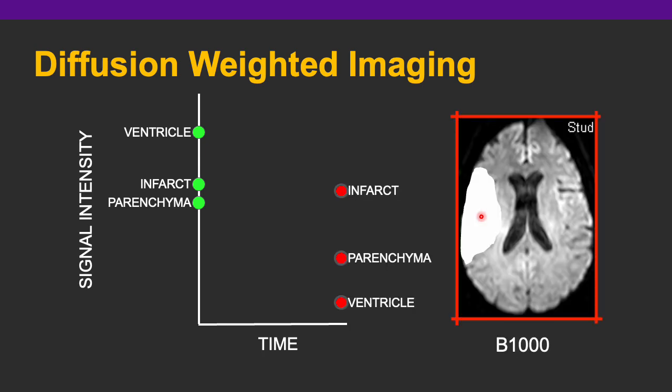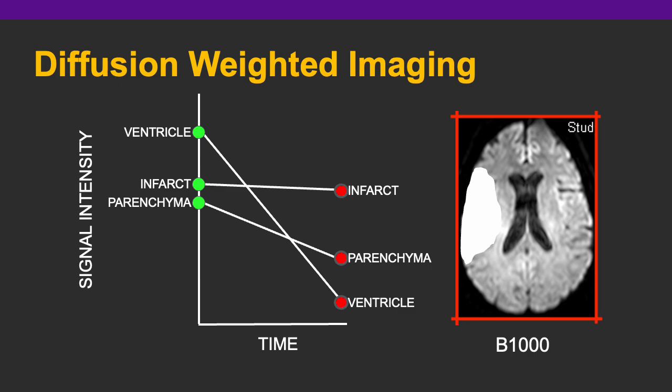We can see that the protons in the CSF in the ventricles diffuse very freely, and their signal drops almost to zero. The signal from the protons in the parenchyma also drops, but not quite as rapidly as the CSF, because their diffusion is only mildly restricted. Finally, the tissue in the region of the infarction contains swollen cells and no longer has functioning sodium-potassium pumps. This results in almost no diffusion and no change in signal. As a consequence, on the B1000, or the diffusion-weighted image, the infarct appears bright compared to the rest of the